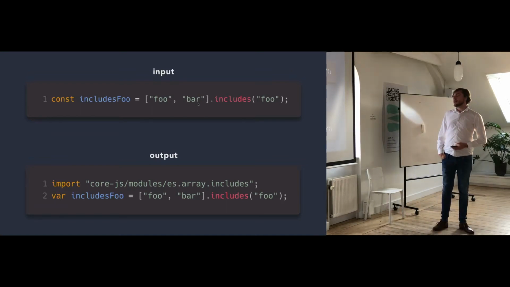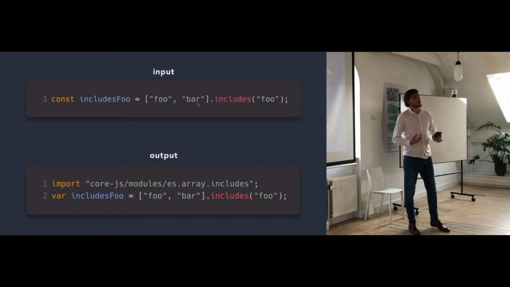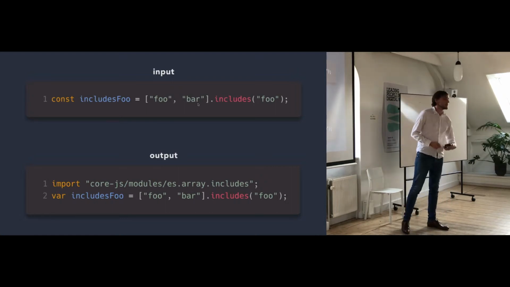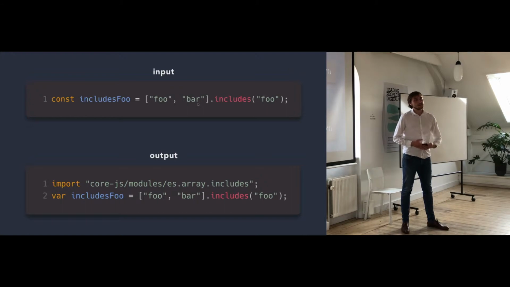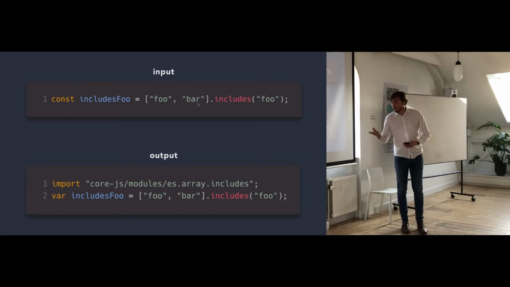So how do I feel about this? Well, I think it's a really good idea to see that we start thinking about, can we automate polyfilling? Can we take the responsibility away from us as developers, because it can be a real pain. Also, this approach makes it